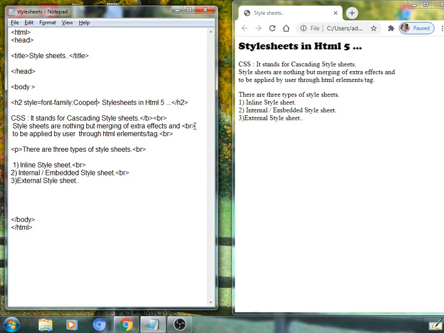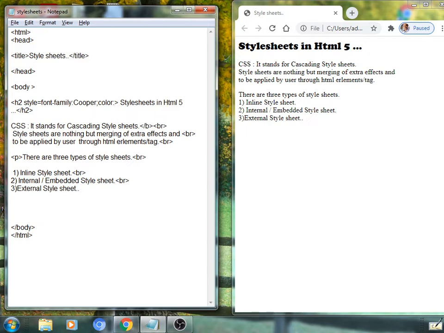Next, an effect can be applied by giving a semicolon as a separator between this property and the next property. Color, colon, some color to be given for such text. I am going to apply a green color. Save this again, refresh here.